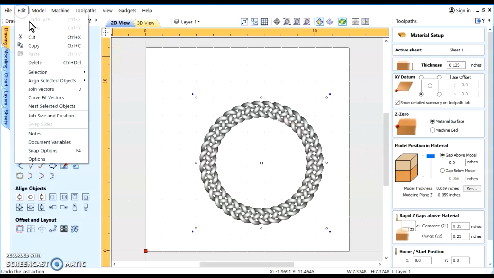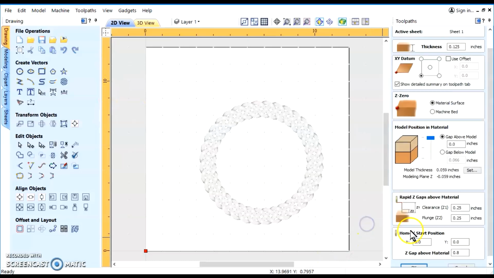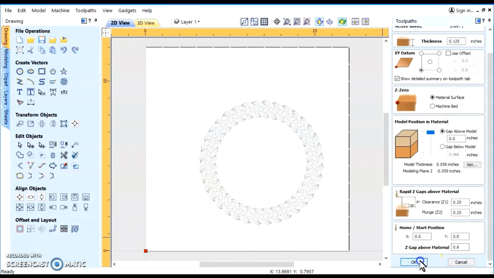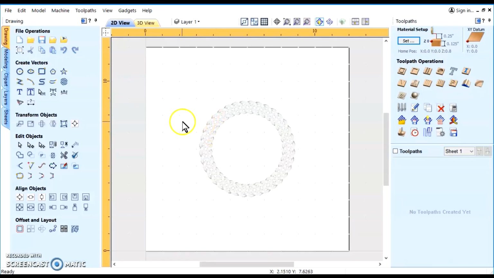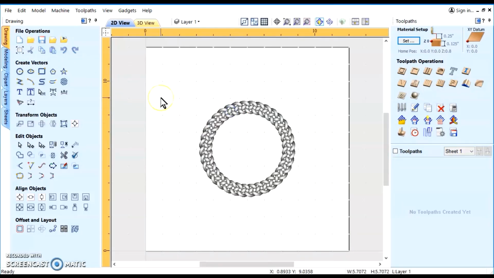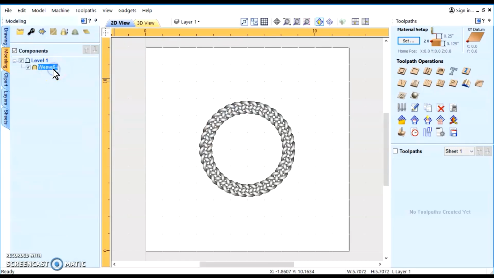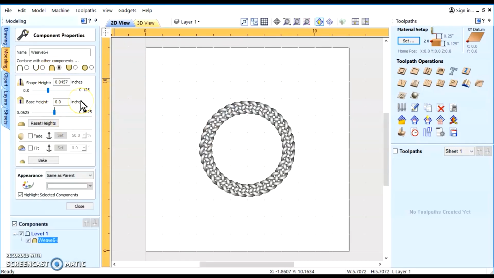So I'm going to undo that. You can't undo it from there. You've got to close this, then undo it, and it resizes the model back. Or you can change the model by going to the modeling tab and clicking on the identification of the model, or double click actually,